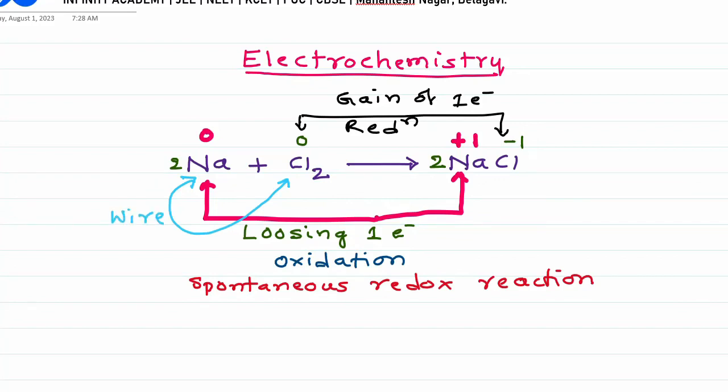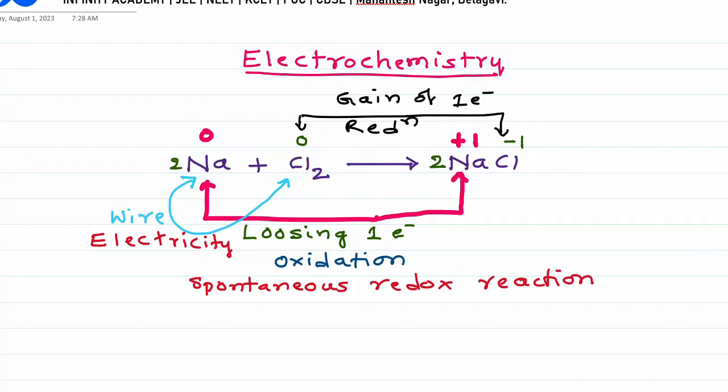You know that whenever the electron flows externally through the wire, definitely there is a generation of electricity. So we are generating electricity by making the electron lost by sodium reach the chlorine by passing through the wire. But practically, students, remember, this reaction is very fast and we cannot do such electron transfer